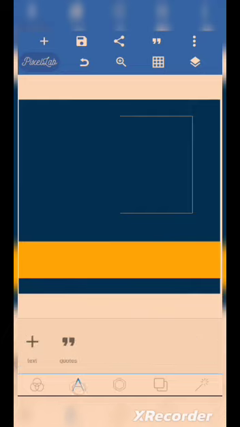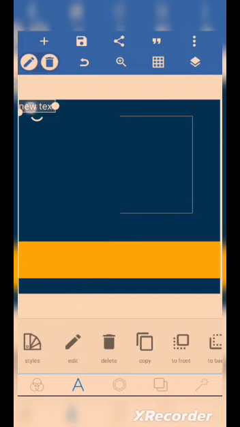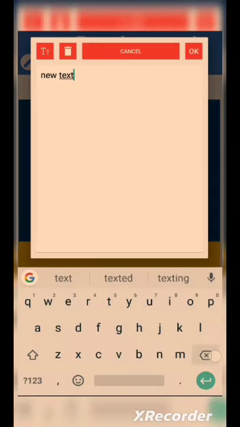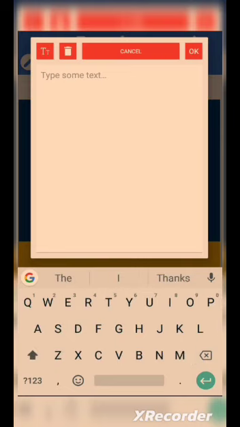Then come to, can you see these tools? Come to these tools. Then you see something like text here, and you also see quotes here. So we are not using quotes, we are using text because we want to write. So can you see this? Bring it here, then press on edit. After pressing on edit, you delete the edit, then you write what you want to write. So what you want to write is that,